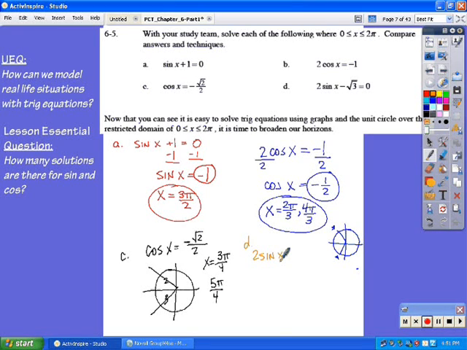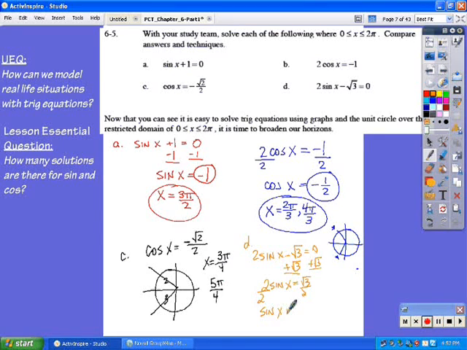2 times the sine of x minus the square root of 3 equals 0. They're still making this fairly easy on us. Now we're talking about a 2-step equation, so I've got to add root 3 to both sides. So 2 sine of x equals root 3. Then I need to divide by 2. So I end up with the sine of x